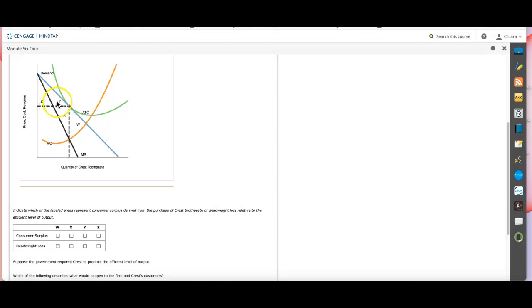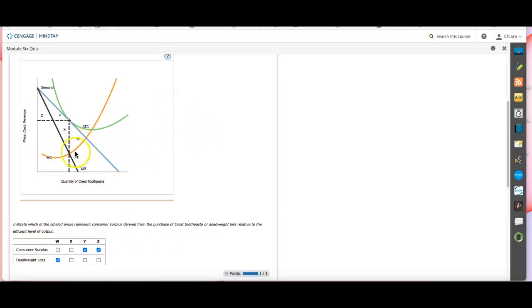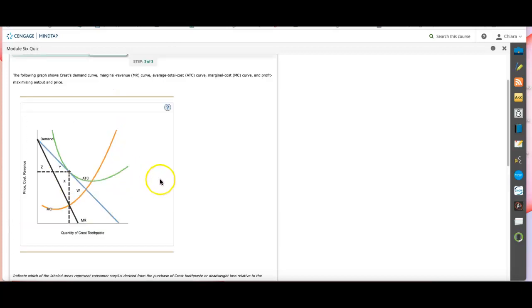So Z and Y would be the consumer surplus. What is the deadweight loss? So the deadweight loss is the quantity that is produced by the monopolistic competitive company versus the efficient quantity of production. Now, we've learned in the cost of production that the efficient quantity of production is where marginal cost intersects the average total cost. And when we're looking at the market, the efficient level of production for a market is